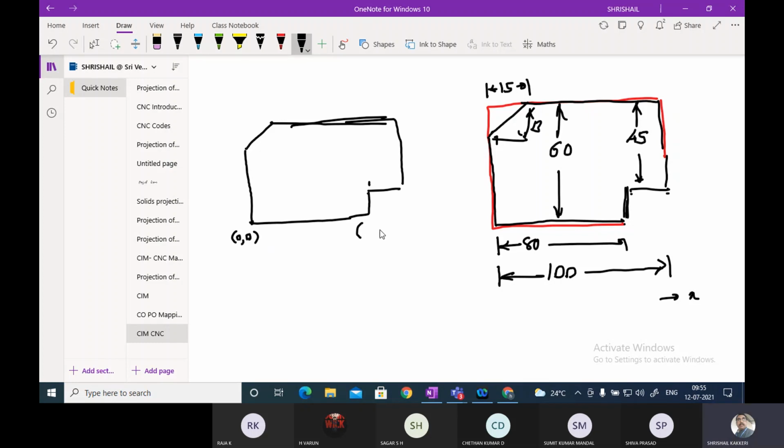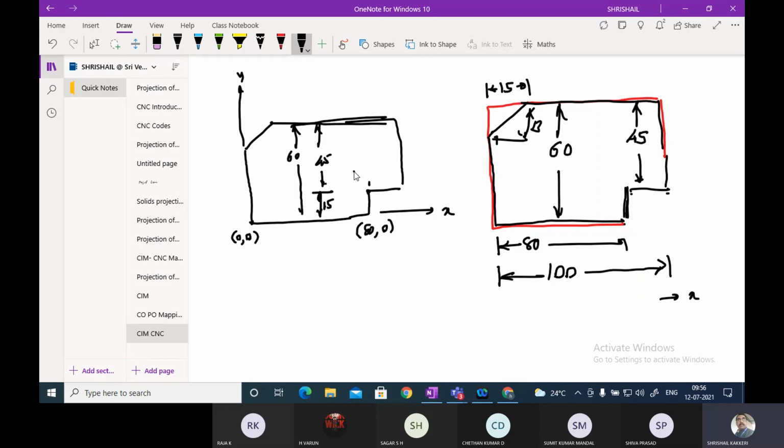And this position, along the x direction it is 80, and along the y direction it is 0, because I have taken this as the x direction and this as the y direction. So x0, x80, y0. Here you can see that it is 60 mm. This distance is 60 mm, so definitely this distance, equal to 45, means it is 15 mm, and this is 45 mm. Similarly this distance will be equal to 100.